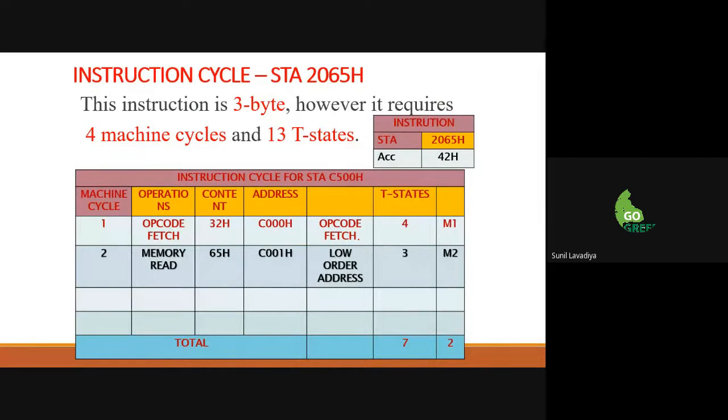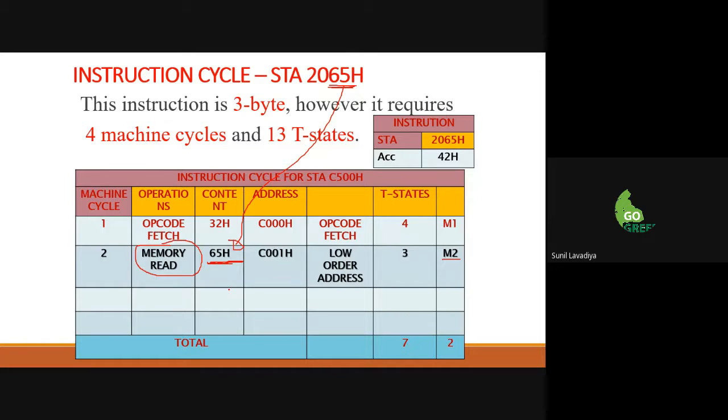Now the second part we are applying. The diagram of the first one we have already drawn. Now the second step that we are applying is memory read. In the memory read part we consider the lower order address line, and it comes under machine cycle 2. As it's 65 over here, I have considered the 65 here. Understood? That is what I have transferred here.